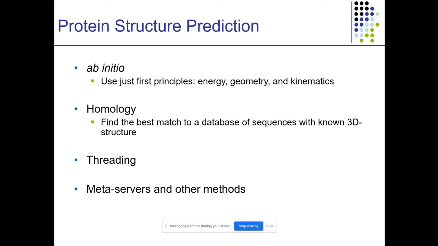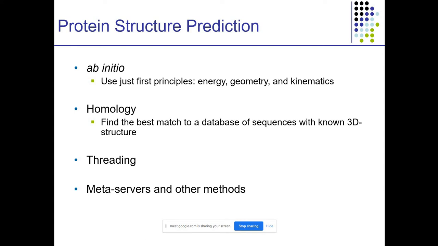Ab initio uses just first principles: energy, geometry, kinematics. This is the method used in case of low sequence similarity. How is it carried out? The protein sequence is compared to protein sequences already stored in the database, and whatever data is available for existing proteins is used to model the new sequence.